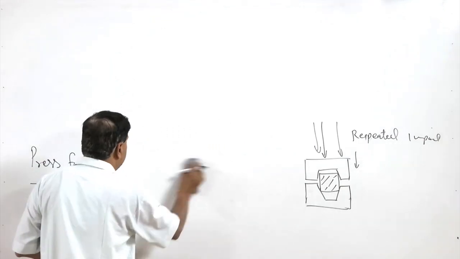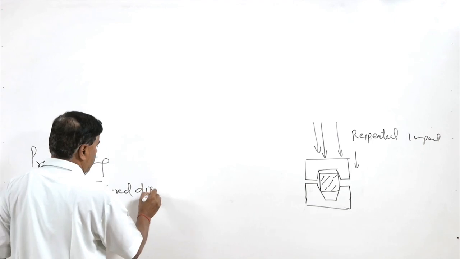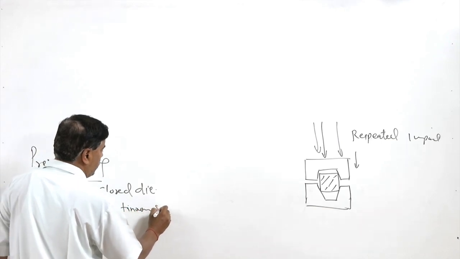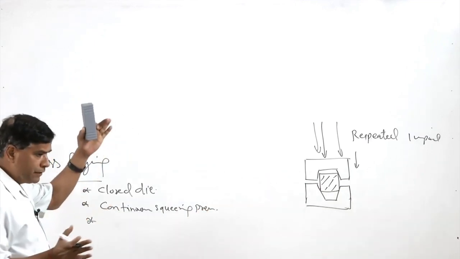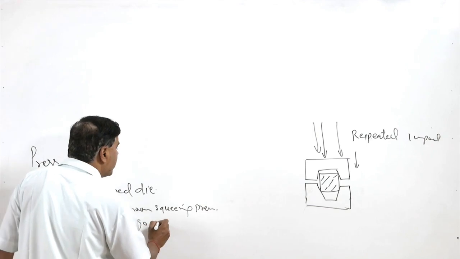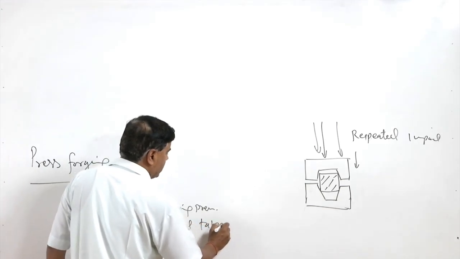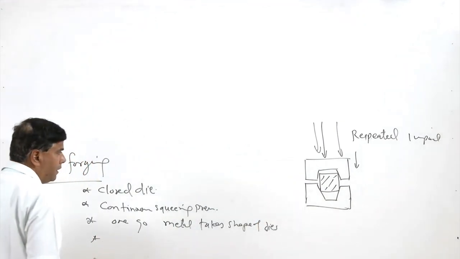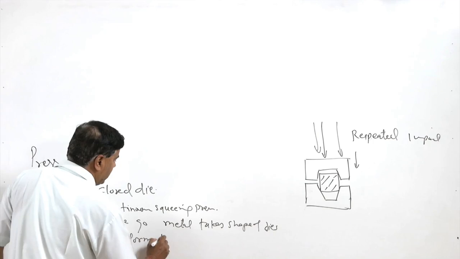So, the important features here are that press forging uses closed dies and continuous squeezing pressure, and when the continuous pressure is used in one go, the metal takes the shape of the dies on closure, and during the squeezing action the deformation of the metal